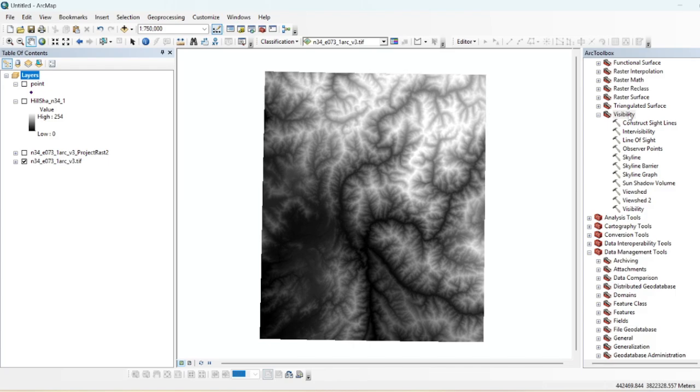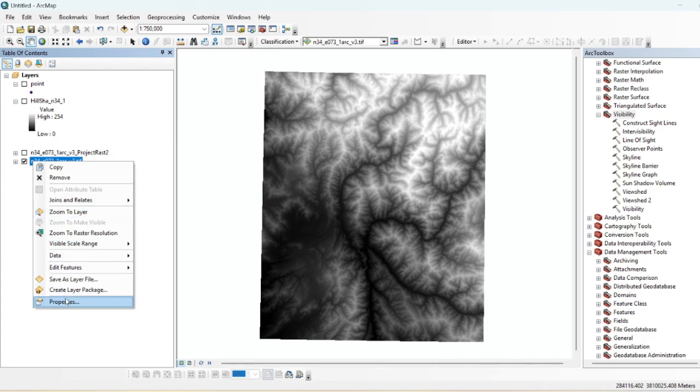So first of all, you can make different points on suggested locations, and then you can run this tool. This tool will tell you how far you can see the landscape from that point. For this I have downloaded SRTM DEM from USGS Earth Explorer, and if you don't know how to download DEM data, then you can click on the top right corner.